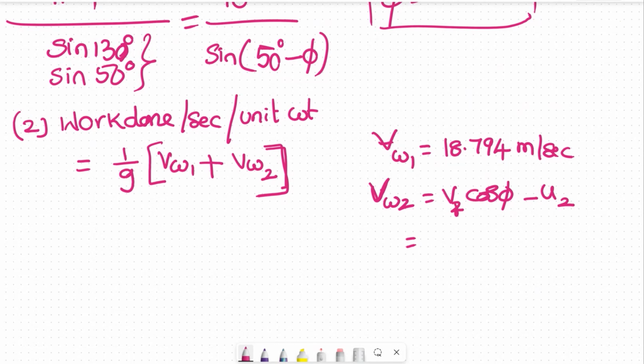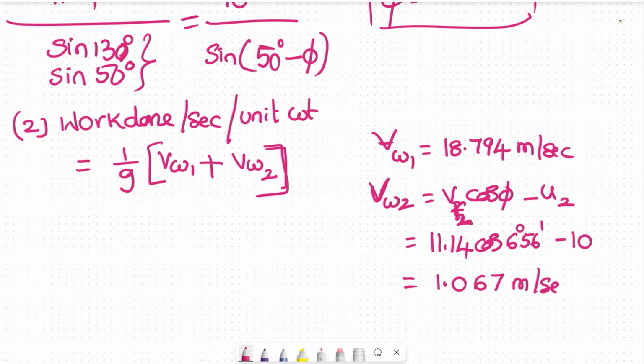Already cos phi is known. V2 is VR2, so VR2 cos phi minus u2. What is VR2? Already we calculated, VR2 is equal to VR1, which is 11.14. Phi is equal to 6 degrees 56 minutes, right? Next, minus u2 is equal to 10. So if I calculate VW2, I'm going to get 1.067 meters per second. So VW1 is over, VW2 is over, substitute 1 by g, that means 1 by 9.81